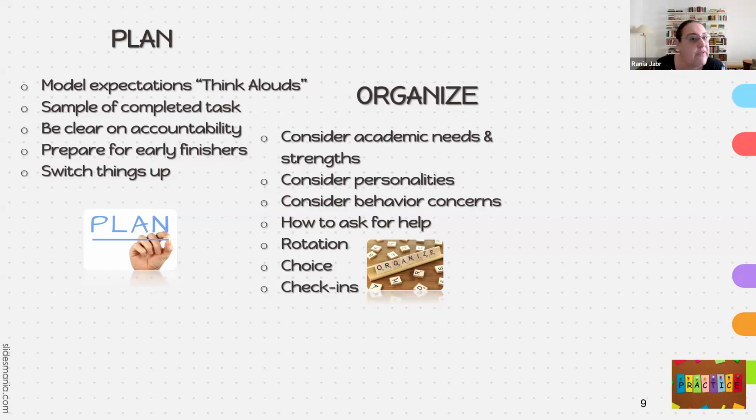Choice, I give them choice at the beginning. I say, okay, guys, who would like to write the vocabulary? I decided that this group needs to do vocabulary and that group needs to do vocabulary, 2 groups. But I can give them choice within the groups and say, who would like to put the words in sentences, and who would like to Google the words and find the definitions, for example. And I keep checking in with them on their progress, very discreetly, very quietly, moving around to check what they're doing.